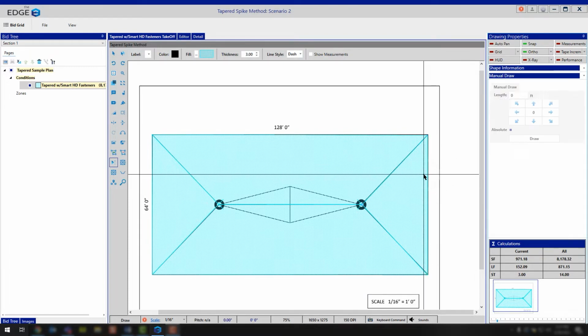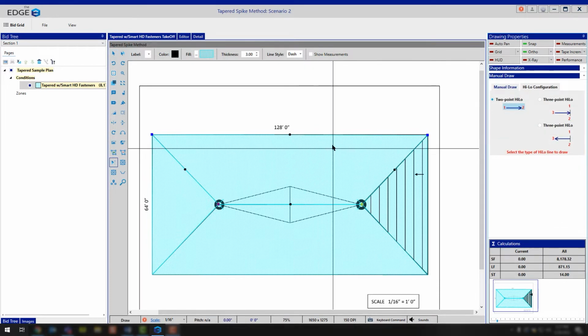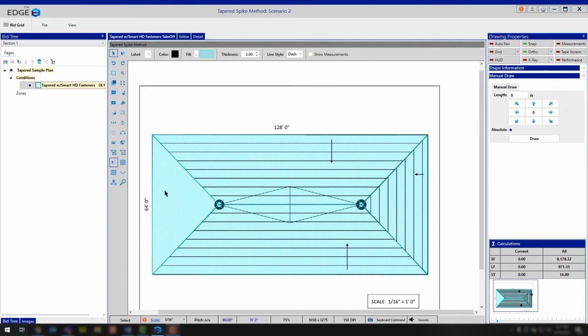In this case, you're going to click the high point and you're going to click the low point. Now notice that I'm not clicking in the middle of the shape. The reason being is for the reporting that we'll show you here in just a moment. So once you click on the next shape, you're going to do your high point and your low point, and you're going to do that for all of the shapes you've drawn. Now once you've drawn in all of your high-lows, now you can click on the tapered Cricut and you can